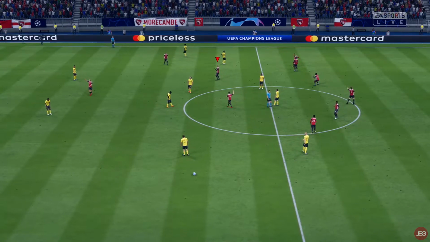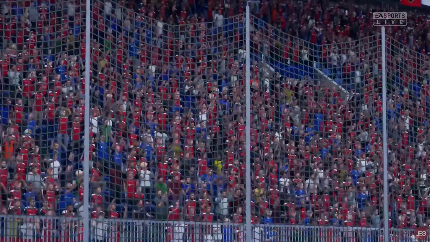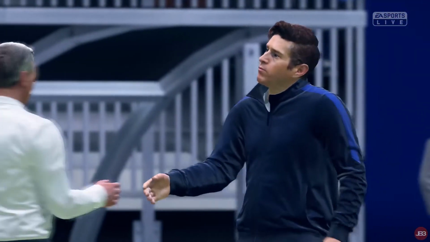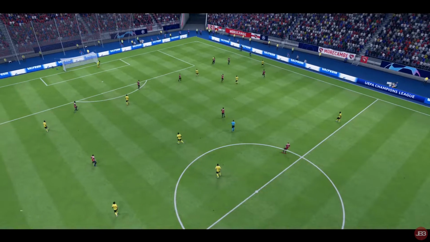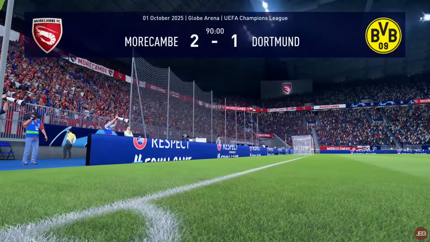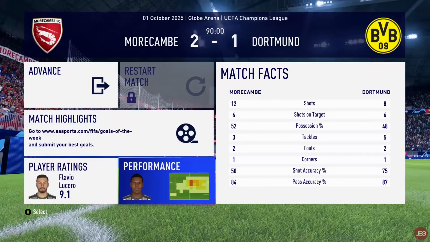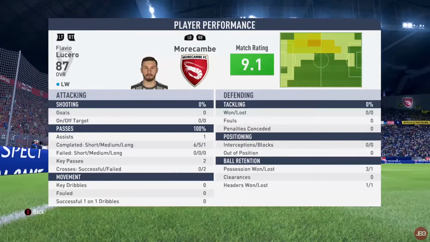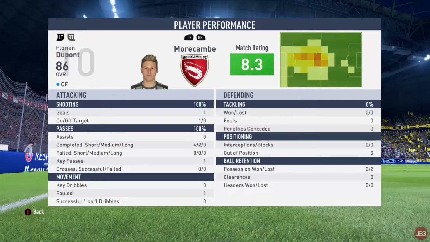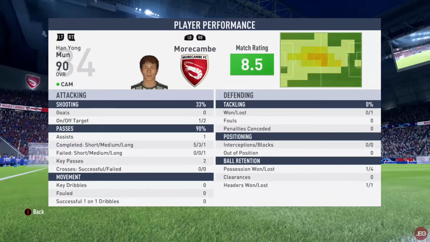Morecambe FC take the victory here in the Champions League, 2-1 over Dortmund, and take 6 points in the first 2 games. It's a beautiful way to start it. As we get the victory, they open us up with the first goal and we dominate the rest of the way. 12 shots, 6 on target, just not able to quite get that second one. Missed a couple opportunities. It's Lucero with a 9.1, Dupont an 8.3, Billy Hughes 8.3, Sark 8.1, Munn an 8.5,